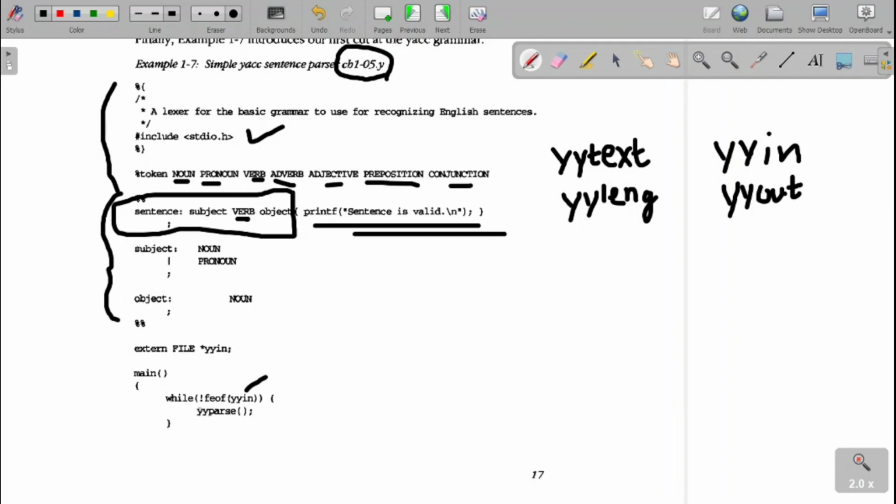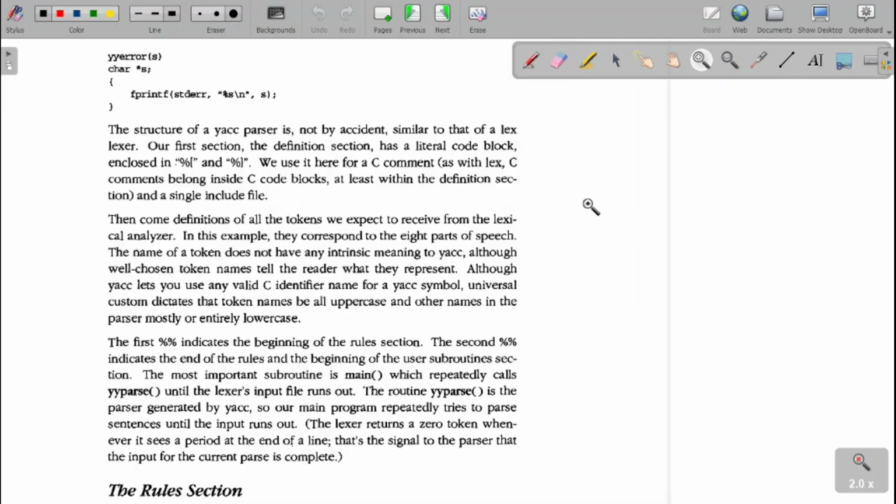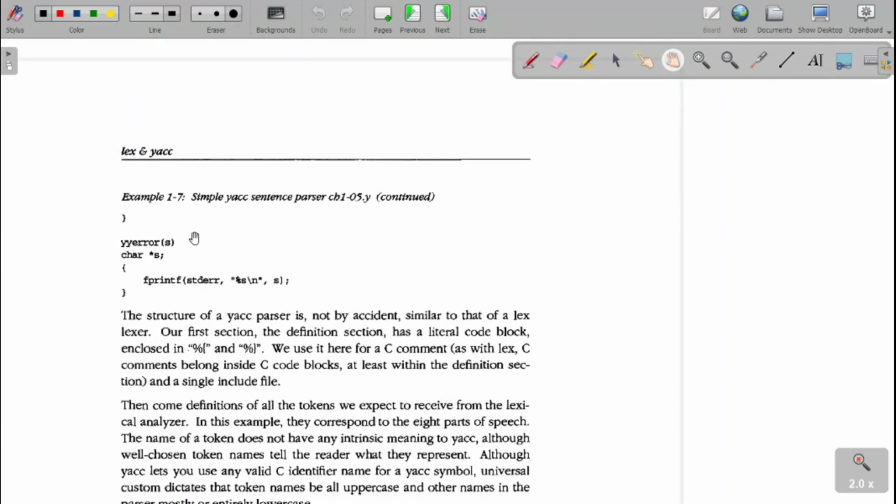Now in the main, I will check here: if not end of file yyin, I am going to call the function yyparse. This yyparse is going to call the lexer, and it is going to match the token and print. Right? Now, one more function you can see over here: yyerror. When will yyerror be executed? The token recognition will be done in the lexer, and the token is passed to the Yacc. In the Yacc, if they are not following the grammar rules, then it will go to the error routine. That error routine is your yyerror.